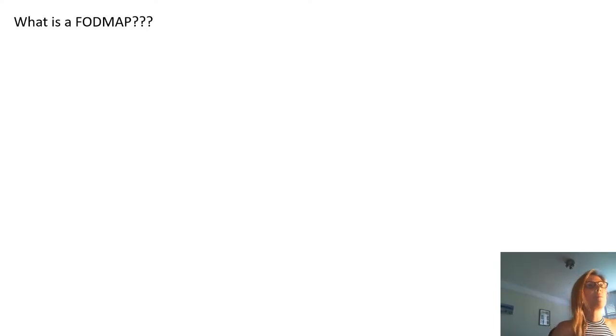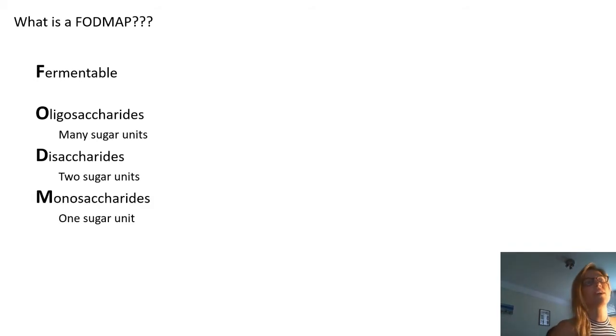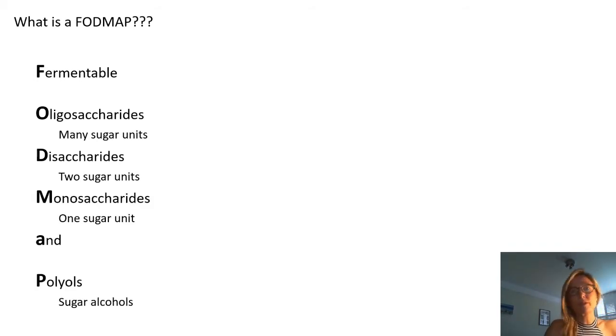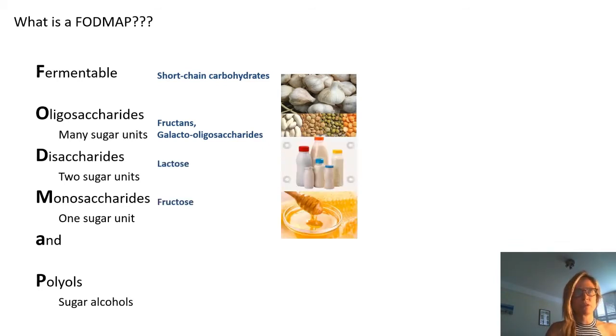So I want to talk to you about what is a FODMAP. FODMAP stands for fermentable oligosaccharides, disaccharides, monosaccharides and polyols. Polyols are sugar alcohols. FODMAPs are short chain fermentable carbohydrates, and these include things like fructans, galacto-oligosaccharides, lactose, which is the milk sugar,